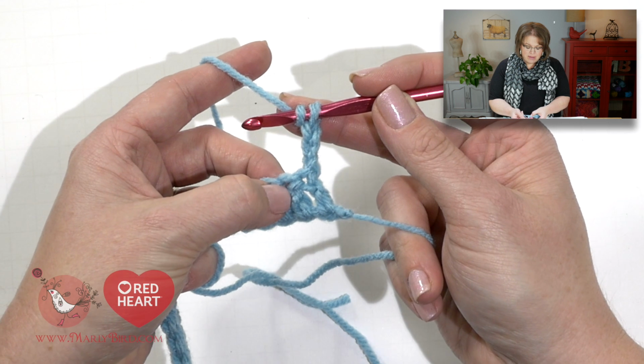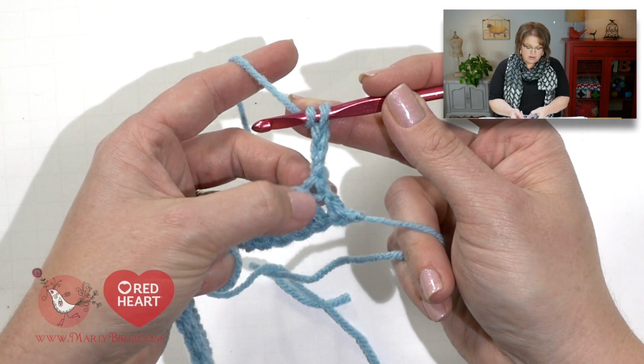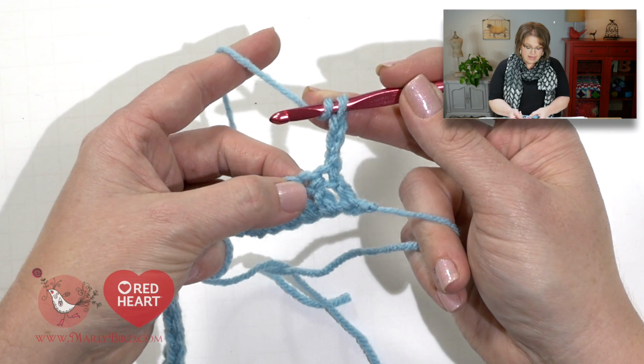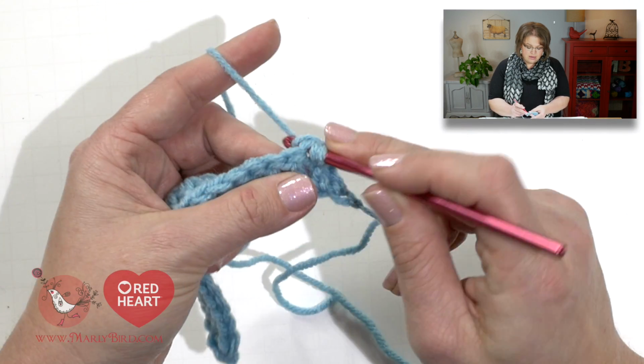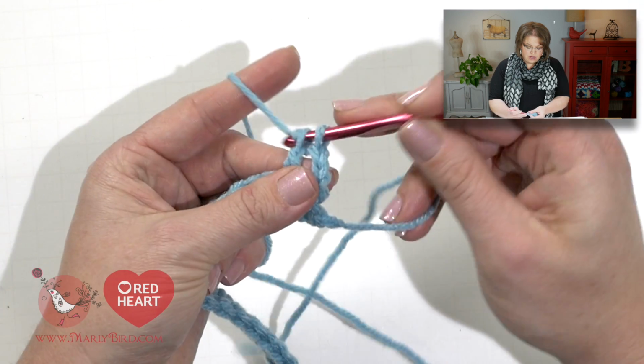So I want to make sure I make my first double crochet in that next stitch over. I do not want to make it right there. I want to make it right here. So I will go in, around, and pull up a stitch, yarn over, draw through 2, yarn over, draw through